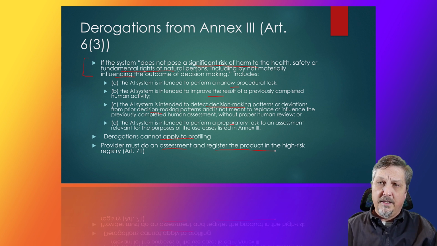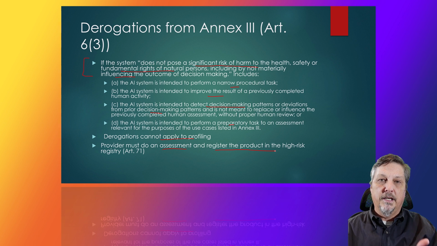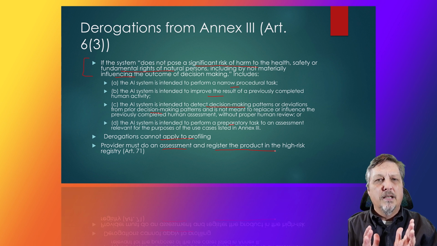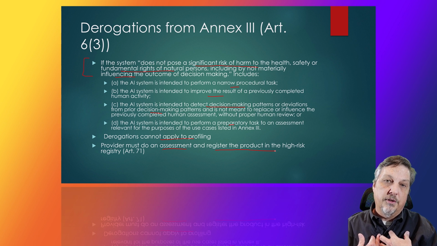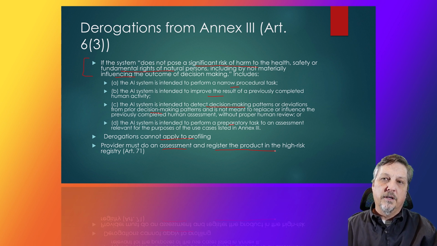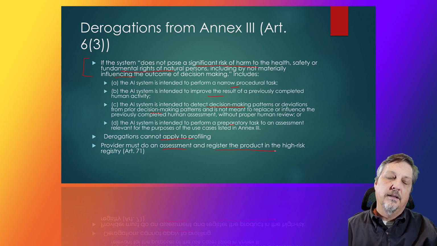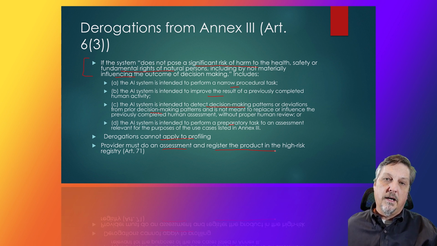Now, of course, if you claim a derogation and you register your assessment, and the enforcement authority looks at your assessment and later claims you are incorrect, you might find yourself in kind of a regulatory problem. So this is going to be something that providers are going to have to make their own internal risk assessments, their regulatory risk assessments, of whether they want to try for a derogation or whether in fact they want to go ahead and just make sure they're in compliance fully as if it were a high-risk system.